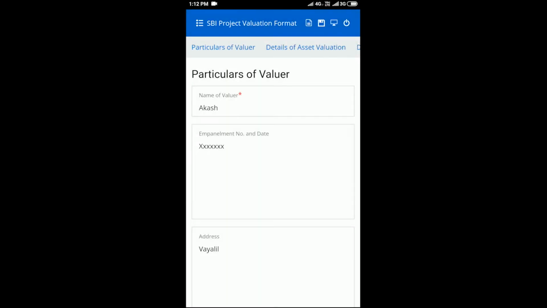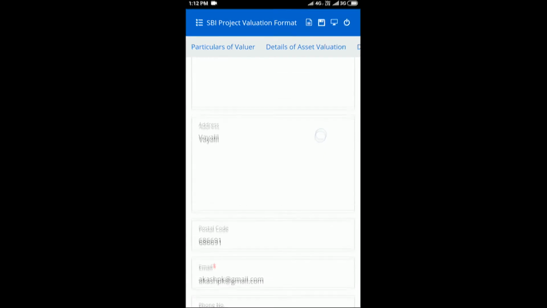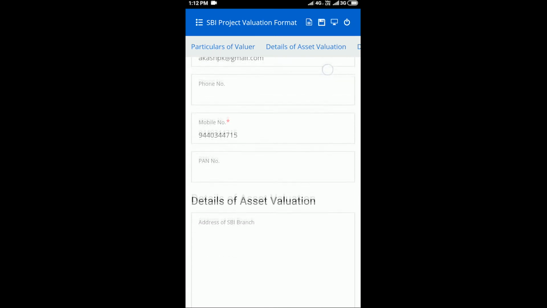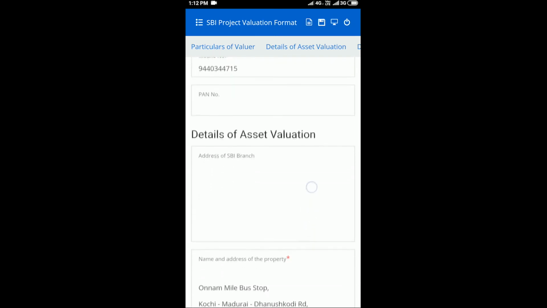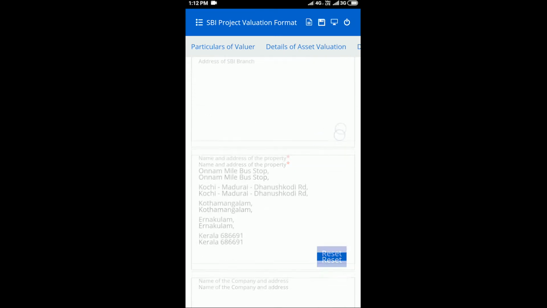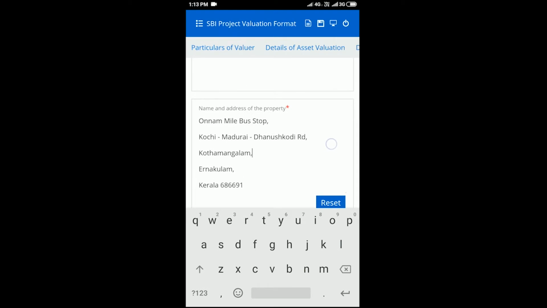You can see that all the details of your valuer profile that you have entered during the registration comes automatically filled up. Along with that, details sourced based on your location like street address, GPS coordinates, district, etc. also get automatically filled in the report. If you feel that the address is not accurate or your mobile's GPS needs a refresh, click on the reset button to reload it.